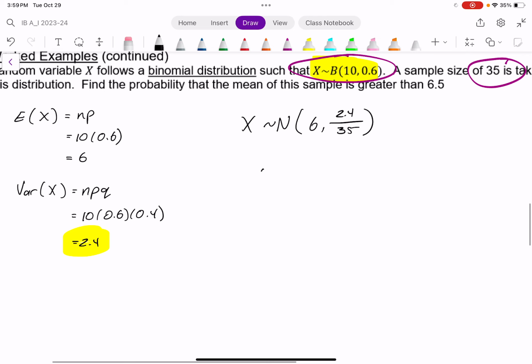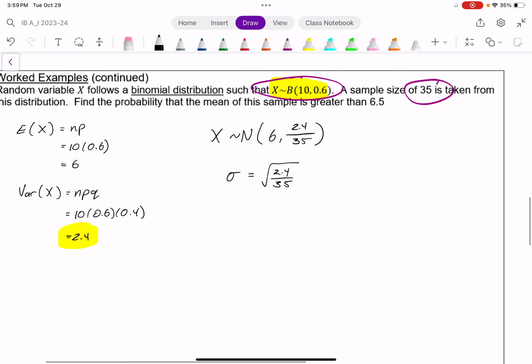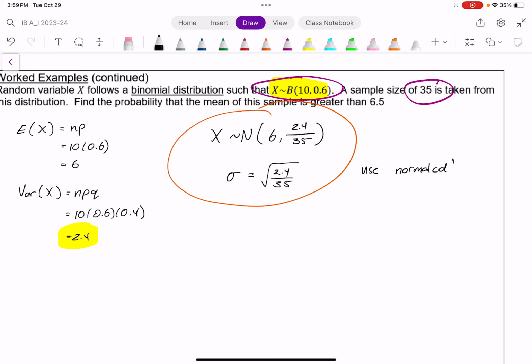Which means our standard deviation will be the square root of 2.4 over 35 that we're using. And now we can actually answer the question, because we found a way to take this and bring it back to a normal distribution. And again, we're looking at this normal distribution here, even though it's based on a binomial distribution. And so again, I will use the normal cumulative distribution function